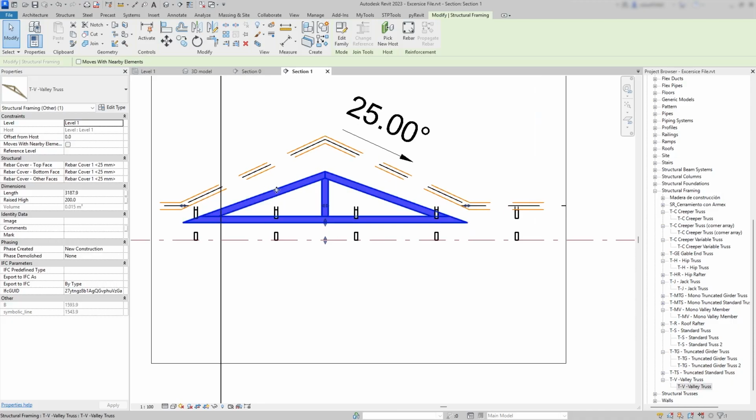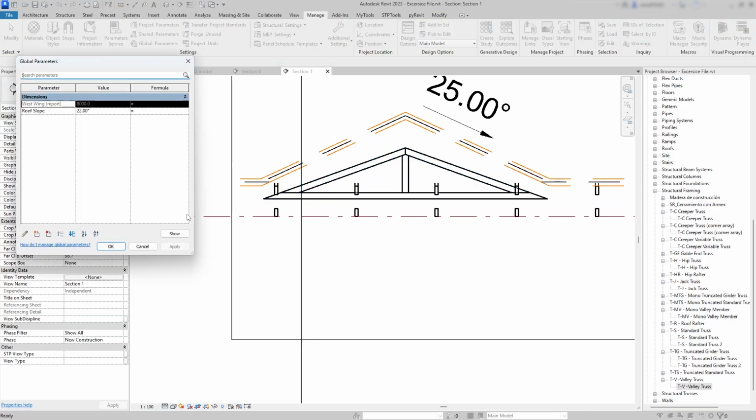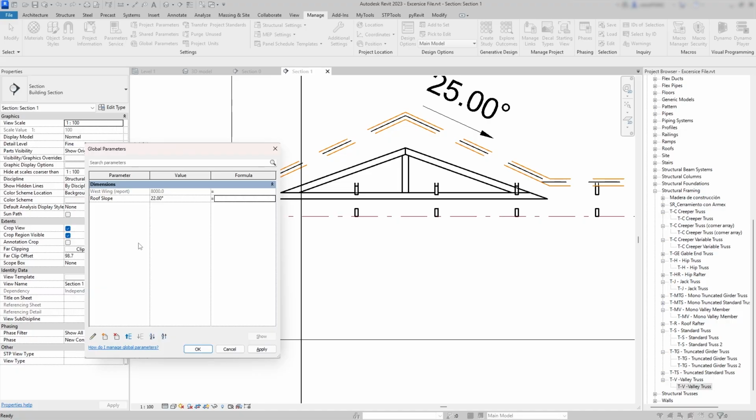In the previous video, I showed how to use global parameters to control the slope of all trusses using a single value, avoiding the need to manually update each truss if the design changes. If you haven't seen that video yet, I recommend going back and watching it, since I explain that process in detail. If you have seen it, you'll notice that we can now create a new global parameter specifically for this